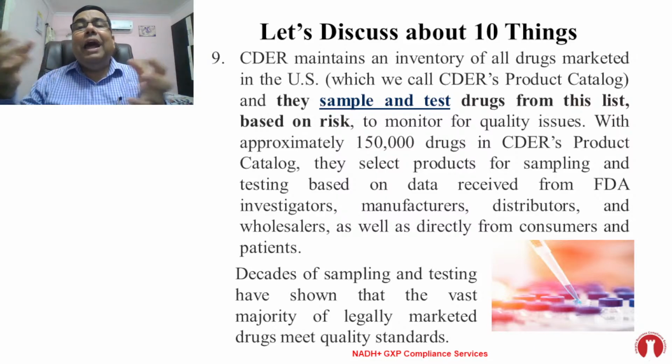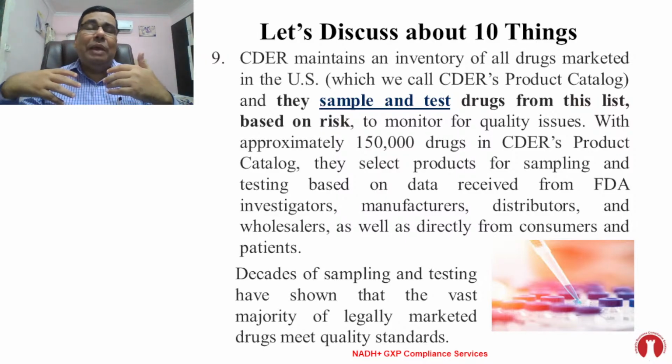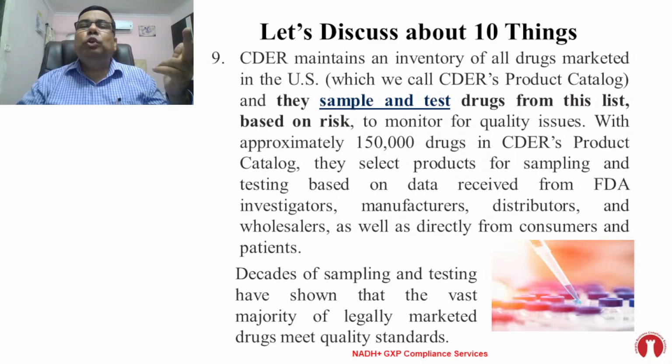Now, the criteria for sampling will be based on a risk-based approach because there are 150,000 drugs. It is not practically possible to sample all the drugs. So the best option is that a risk-based approach is followed. They select the products for sampling and testing based on data received from FDA investigators, manufacturers, distributors, wholesalers, as well as directly from consumers and patients. So based on all the information, they identify where there is more risk, and those types of samples are withdrawn